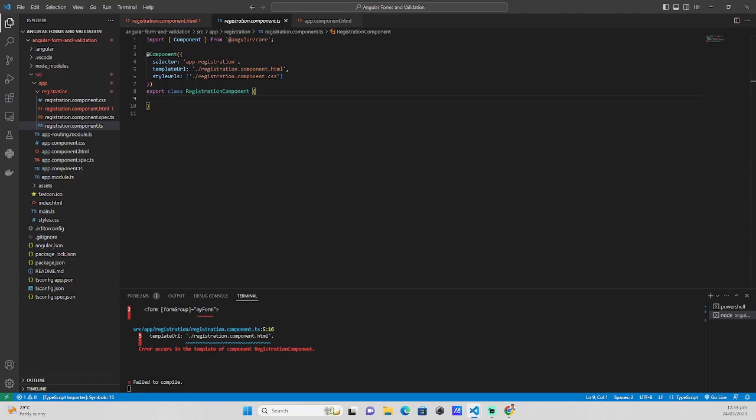So what we're going to do is go into our registration component and create a form. For this one, it's just going to be myForm, and let's create a form builder. It's from an Angular module that basically creates a form for the user. Dot form builder dot group,